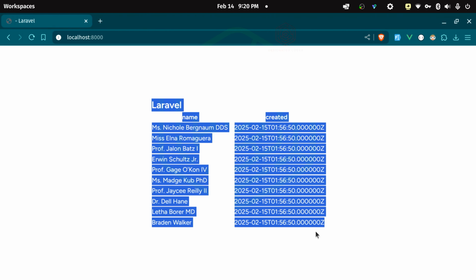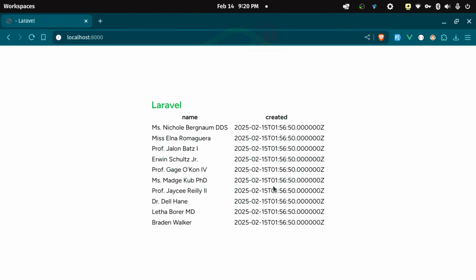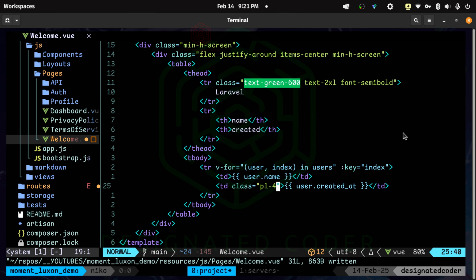Okay, so there we go. We now have the Unix timestamp for the users, which is coming straight from the database, as well as the username so that we can see who they are and when they were created. As I said, Laravel makes this super easy. All we have to do is go into the model and reformat this.